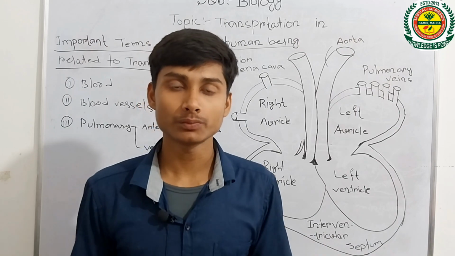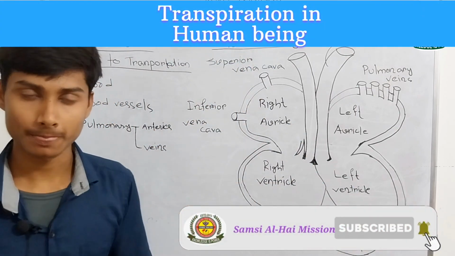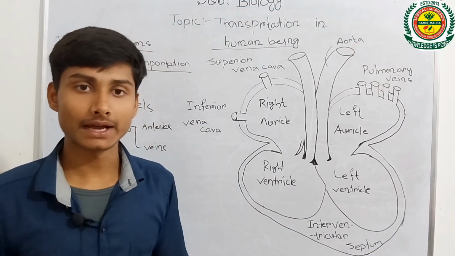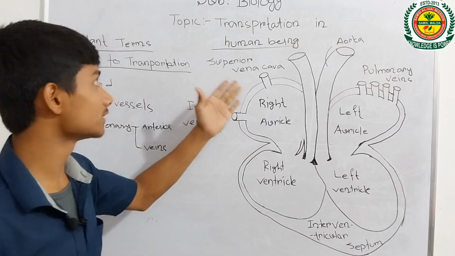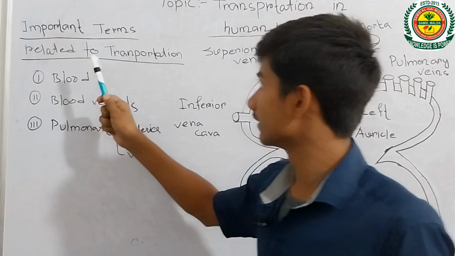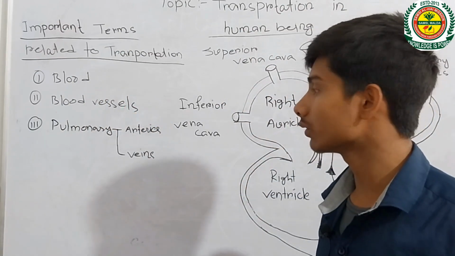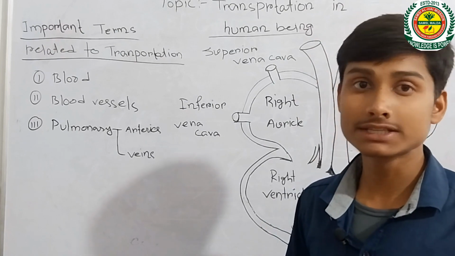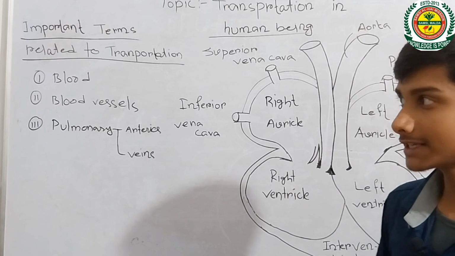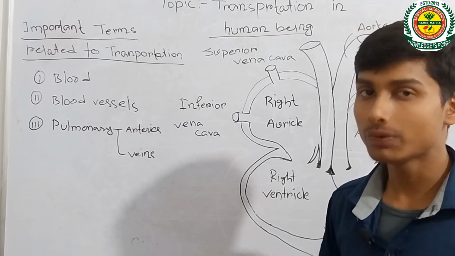Today I am in front of you to discuss the topic transportation system in human beings. First of all, we need to know the important terms related to the transportation system in human beings. The first is blood. Blood is a fluid connective tissue, as you all know. Blood consists of a fluid material called plasma, and blood transports the food materials, oxygen and waste materials to different